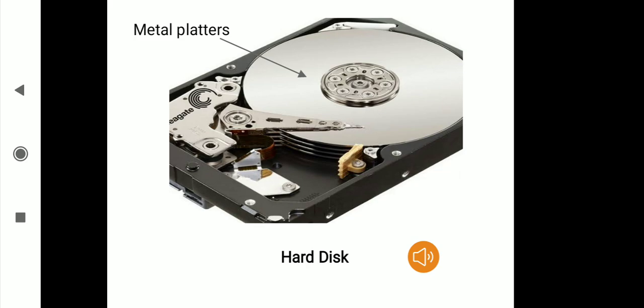Just look at the diagram in this figure. This is the diagram of a hard disk. If you look at this diagram very closely, you will notice that there are many circular shaped disks in the form of metallic platters which are housed on top of one another. These circular shaped metallic platters, when they are housed on top of one another, finally form a disk pack for a very large storage. That is known as the hard disk. And this hard disk is finally fixed inside a computer permanently.